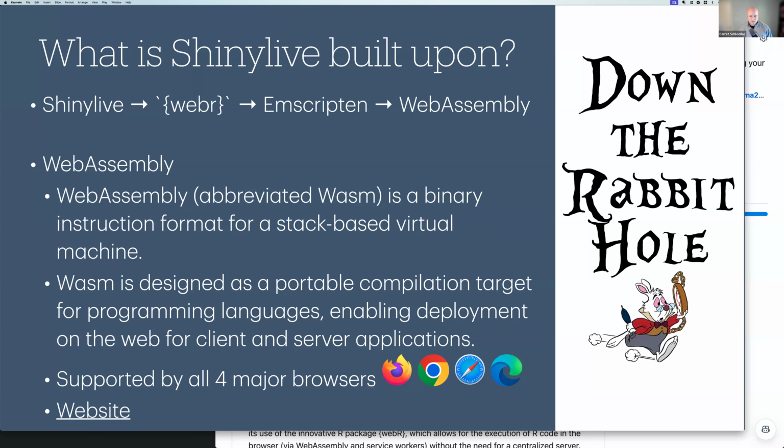This is a really, really interesting concept because the comparison I like to think of is it's like Docker for your web browser. Instead of having Docker on your desktop or your container or Kubernetes or whatever, you could have your information bundled up, and then you just open it in your web browser versus saying Docker run. And WebAssembly just allows for that now, and it's supported within all those browsers.